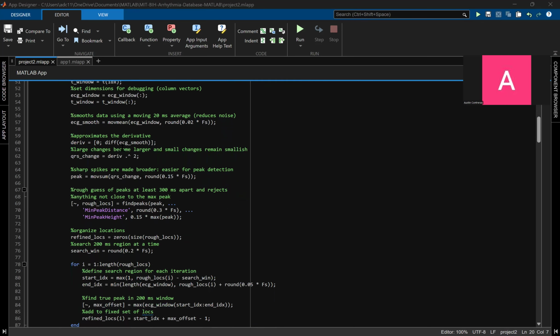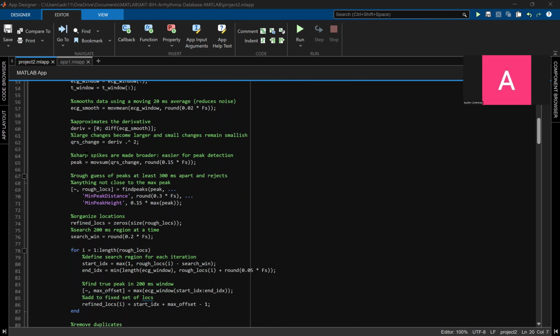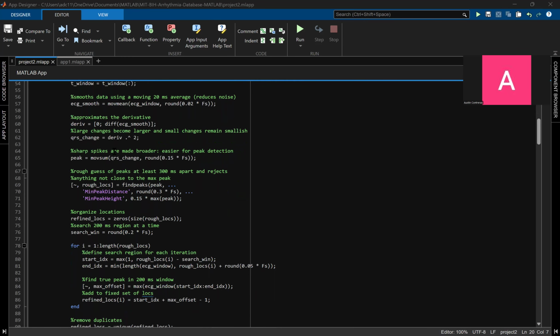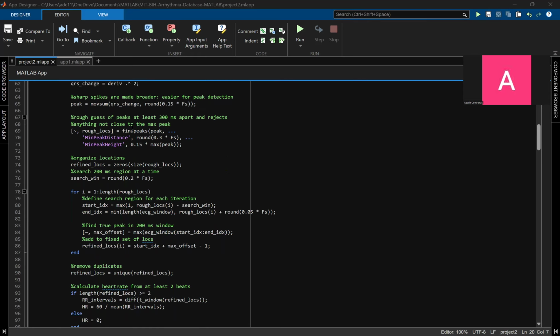approximating the derivative to find when peaks are changing, amplifying the peaks so it's easier to tell what is a peak and what is not, or the derivative, I guess. And then making sure that the peaks are not just a small area to look at. It's actually something significant, which makes it easy to detect. Using find peaks to save locations,